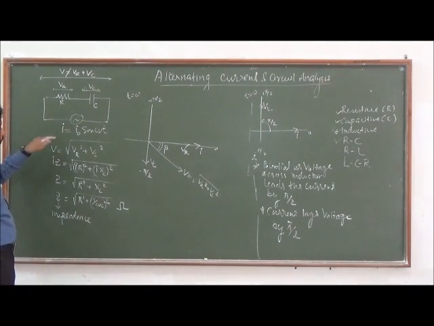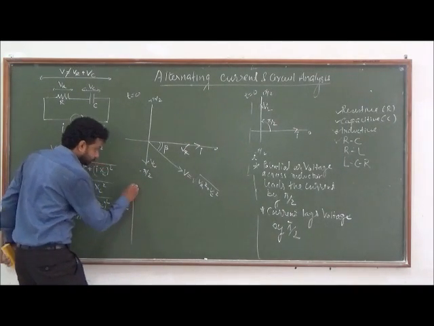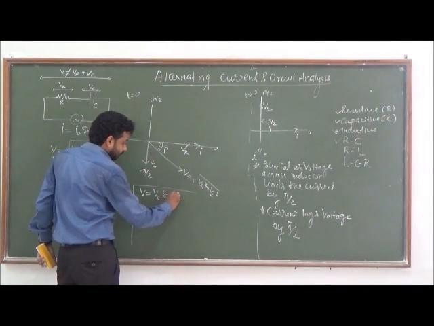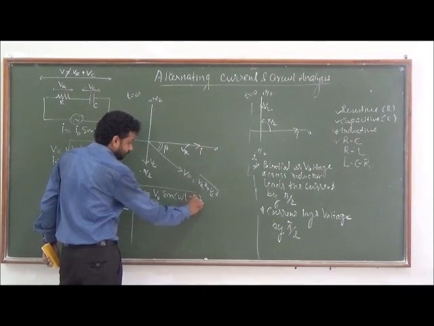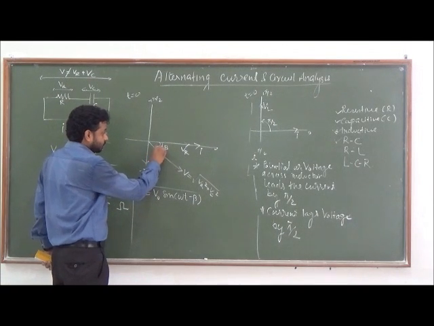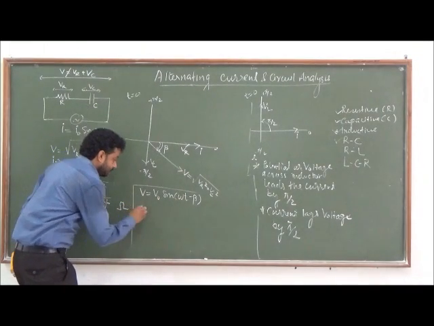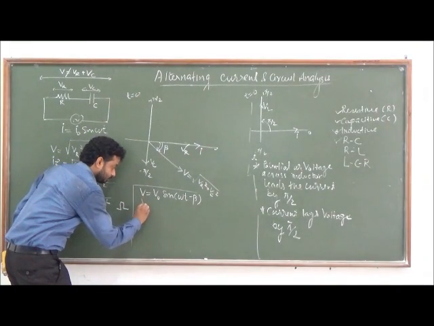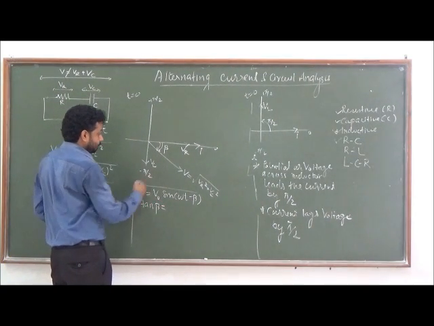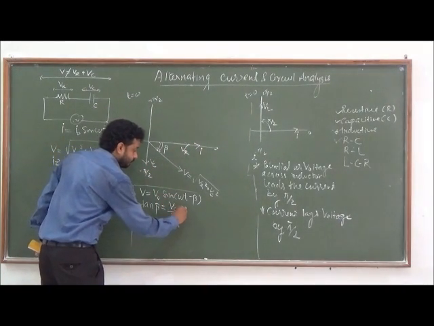Now, if I write I equals I0 sin omega t, then how can I write V? So V can be written as V0 sin of omega t minus beta. Correct? I am writing minus beta because the angle is clockwise. This beta can be found using this logic. Tan beta equals perpendicular by base. Perpendicular is VC and base is VR. So you can write VC by VR. VC I can write as I